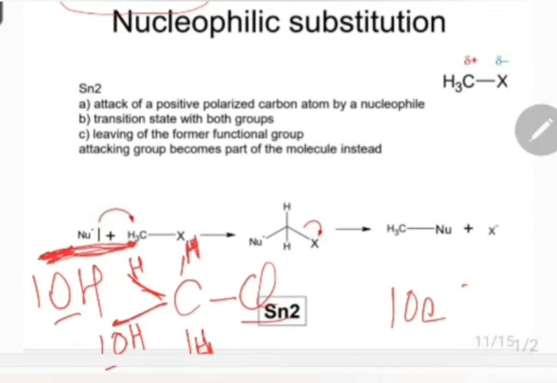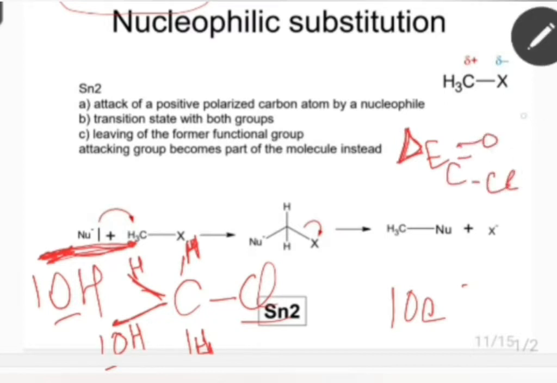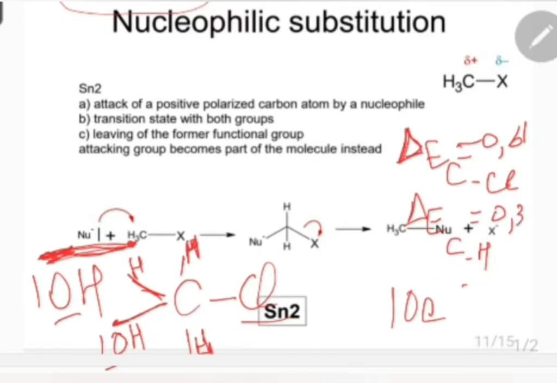This has to do with the electronegativity, with the polarity of the bond. And normally, the polarity delta E of the CCl bond is about 0.61, and the polarity of the CH bond is only 0.3. So therefore, the CCl is more polar, and if you check the electronegativity table,